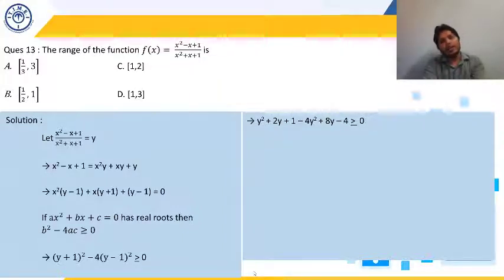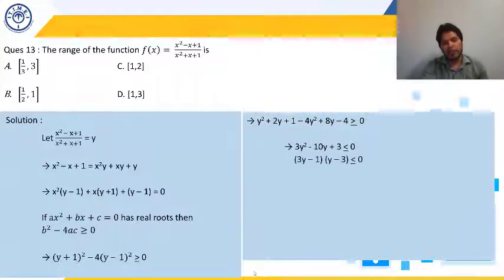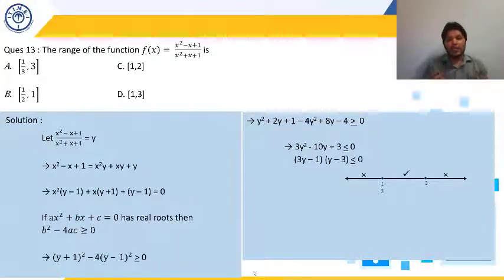Or else we can solve it like this: (a plus b) whole square and (a minus b) whole square. We can open the squares. So after solving, we'll be getting a quadratic again. We can factorize it. What factors will we be getting? We are getting two factors, 1 by 3 and 3. What do we want? We want less than.